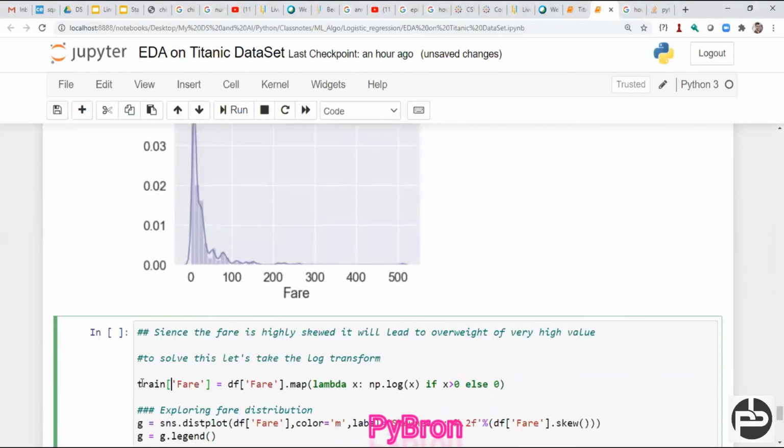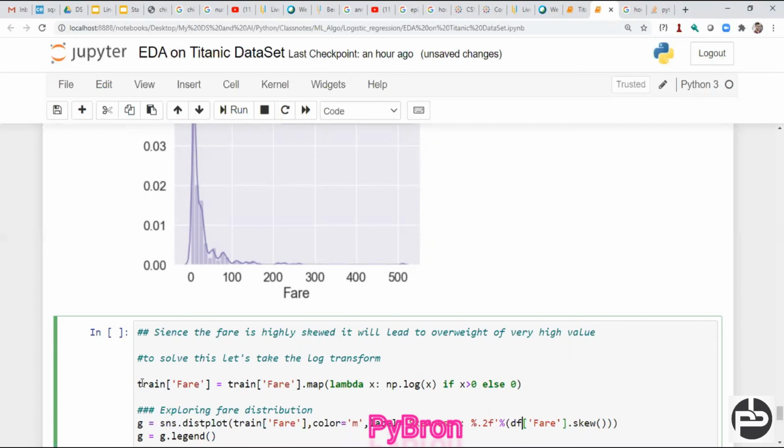Now here also we are going to check the train. We are mapping the lambda np.log(x) if x is greater than 0, otherwise if it is less than 0, it should not apply the log function. And here also we should keep the train column and label skewness.